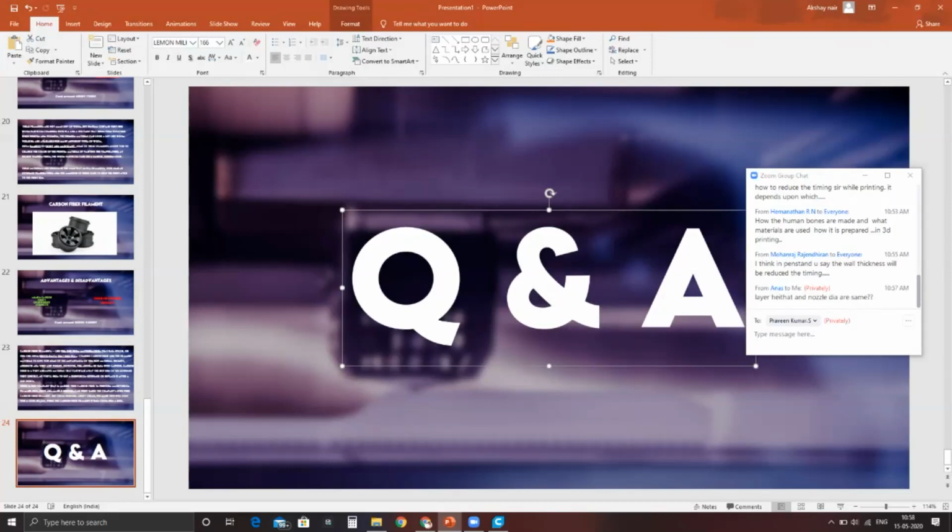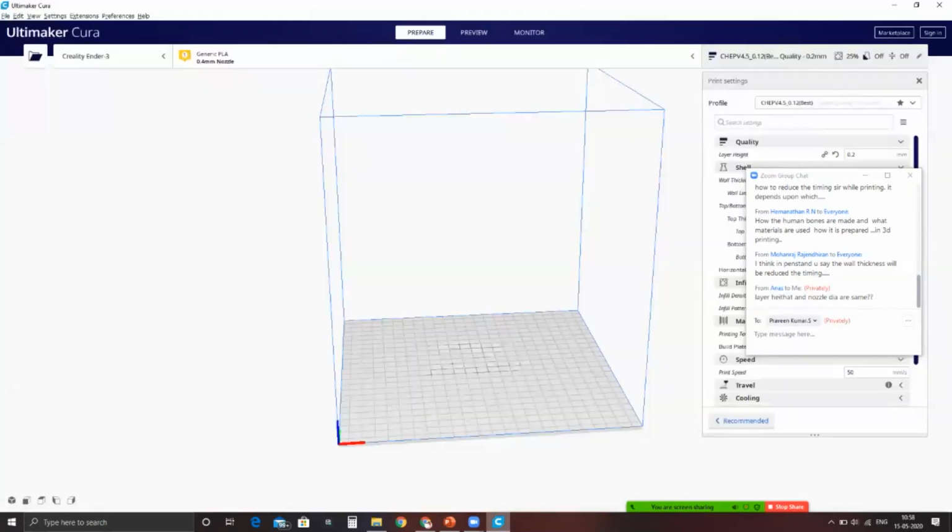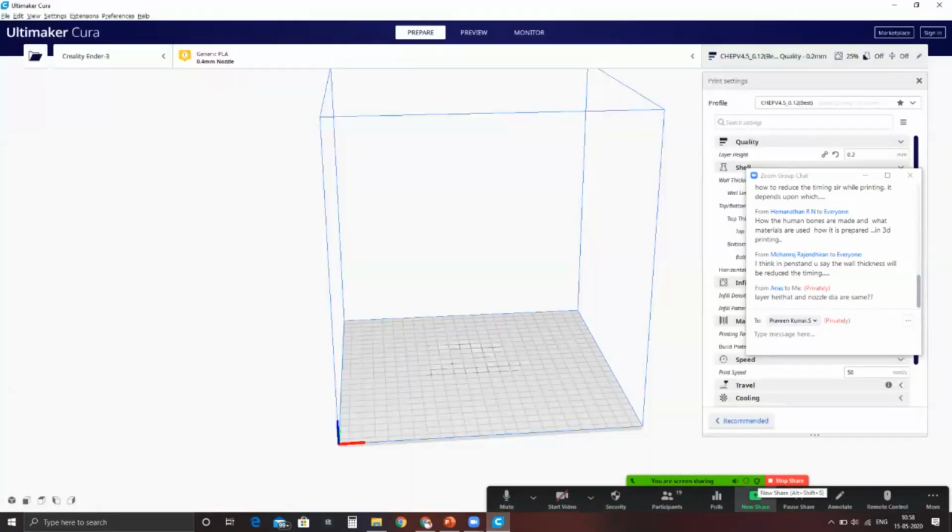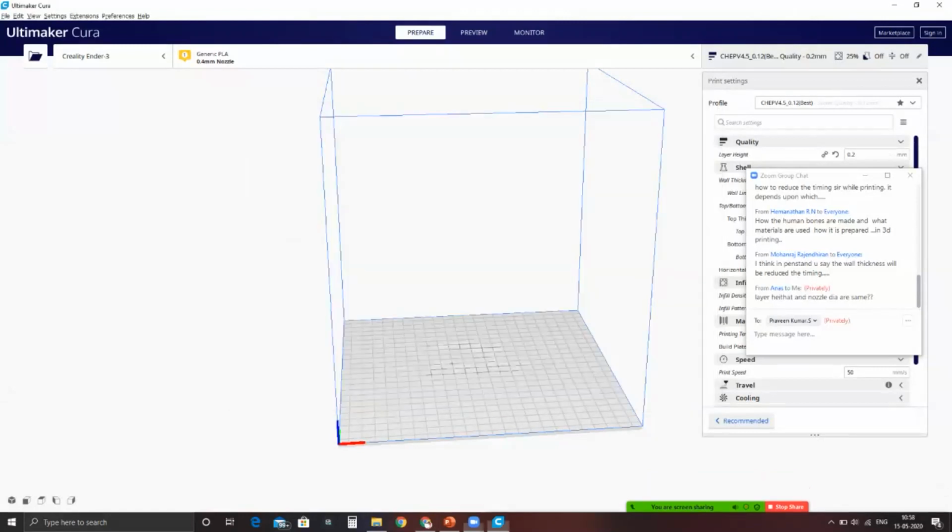And the layer height is, when we slice the profiles in Cura, you can see that it is done layer by layer, right? So I'll just show you. I'll take the example from the previous class, the pen stand.